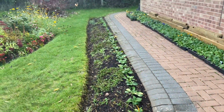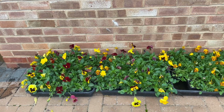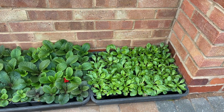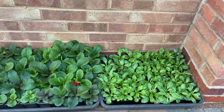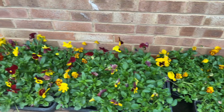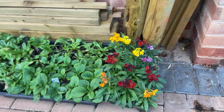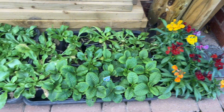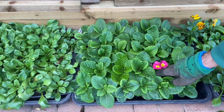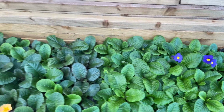Over here against the wall, where Nadge is pointing now, she's showing you the bedding plants that we're going to be putting out. So we've got several, well, about 1,000 I guess, we've used some already. We start off with Bellis at that end. There's some Primroses going on to Violas and Pansies. Going a little bit further down, we're coming to some Wallflowers. We've got more Bellis there going down. There's a lovely tray of Primroses here. You can see a few of the Primroses actually starting to come out. Lovely. More Bellis, Polyanthus, more Primroses,